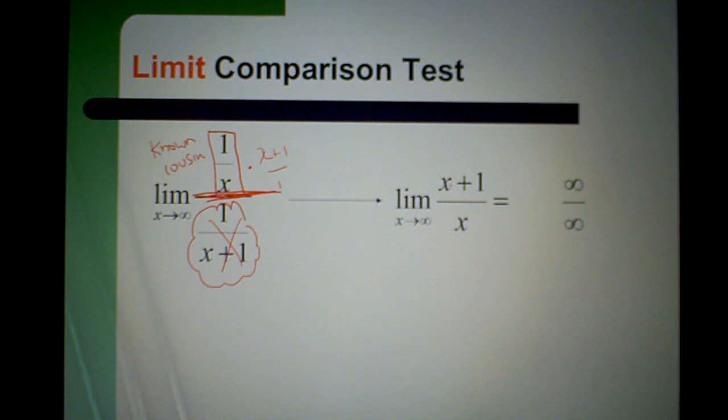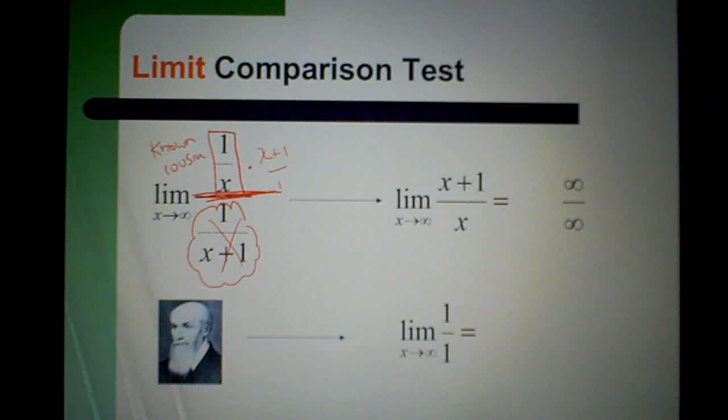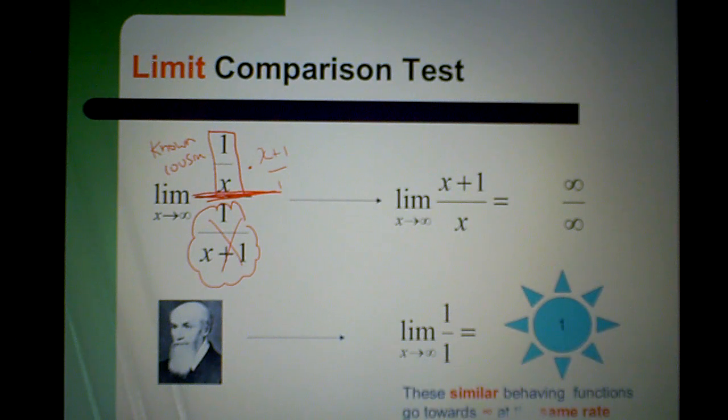I say, well, what happens as you go off to infinity of x plus 1 over x? Technically, you get infinity over infinity, so you L'Hopital that. And remember L'Hopital says take the derivative of the numerator and the derivative of the denominator. And I get 1. So, two similarly behaving functions, one of which I know, 1 over x, is a p-series